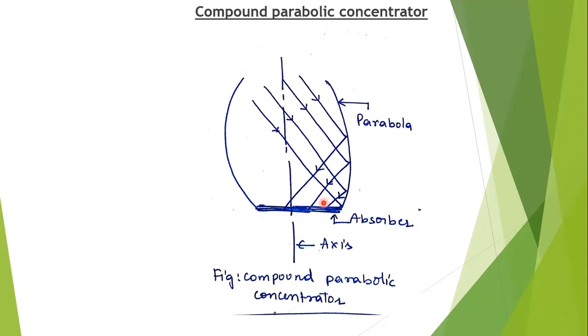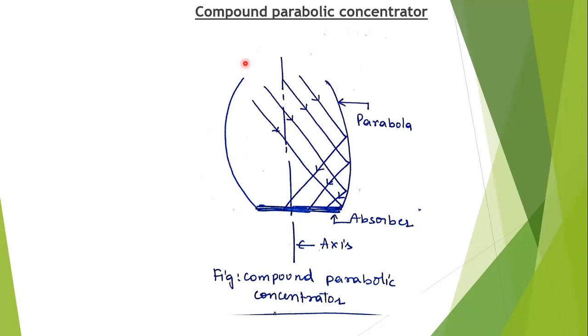But solar radiation from many directions is reflected towards the bottom of the trough. So solar radiation from this side and this side, all the solar radiation falling onto the mirrors, is reflected back to this absorber. So it receives a large proportion of solar radiation. It includes both diffuse and direct, because it has an opening on the trough.